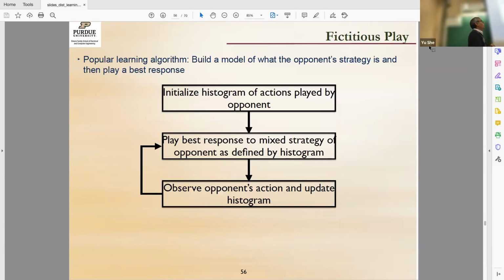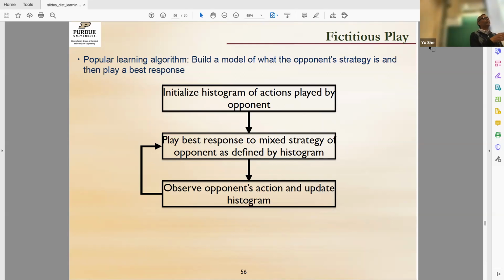So a popular learning algorithm here for simple games is fictitious play. So in fictitious play, what happens is that I keep a record of all the actions that were played by the opponent. Okay, so far we were playing rock, paper, scissors, and you played rock 30 times, paper 50 times, scissors 20 times. So I convert that to a histogram and assume that in the next game, you will play according to that strategy. Okay, and I play my best response and keep doing that. And if the game is nice enough, for example, if it's a potential game or so on, then you can show that this very simple idea actually converges to the Nash equilibrium.